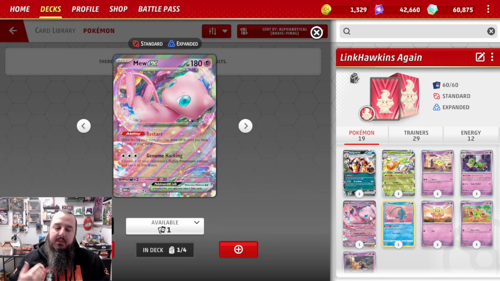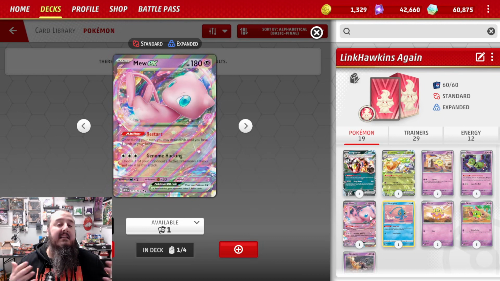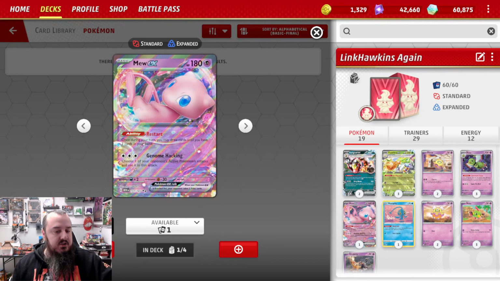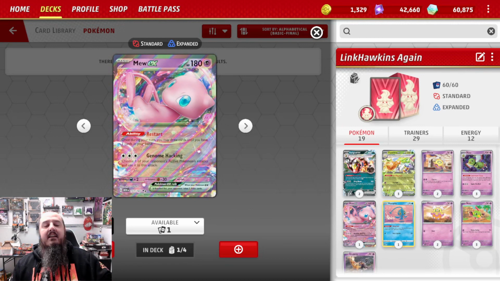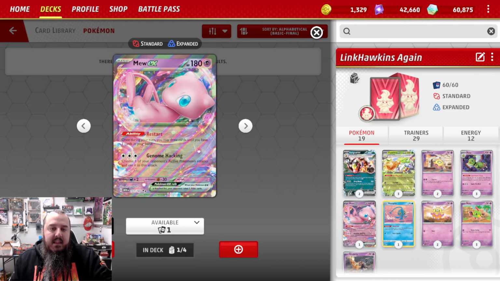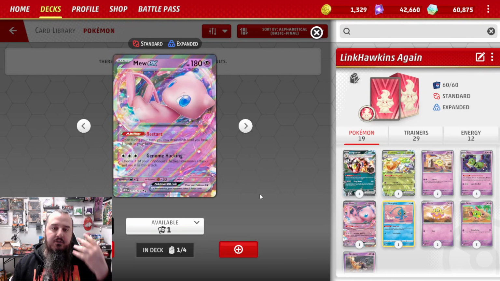And Mew EX, with that restart ability to draw up until you have 3 cards in hand, will be great for when you go down to a 0-card hand, or at least less than 3, right? But also we got the genome hacking attack, where for 3 energy, you just choose one of your opponent's active Pokemon's attacks, and you use that attack, right? So it's a great way to use your opponent's strength against them. And for having that restart ability and free retreat and all that jazz, it's just a really great